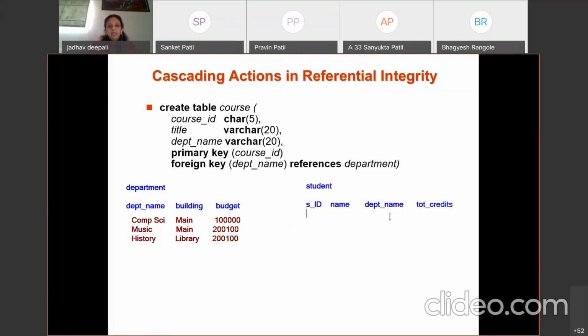And here I insert some tuple. SID 101, name XYZ. Now, why we insert the value for department, suppose it is for computer science.